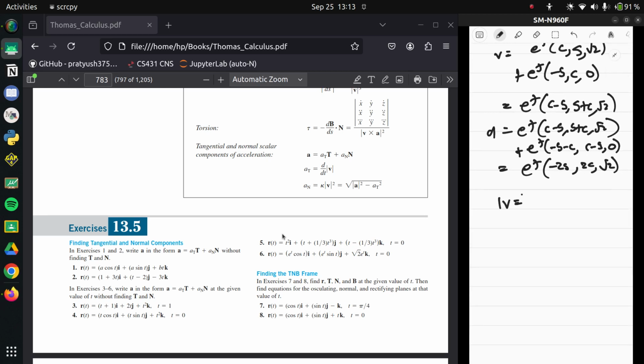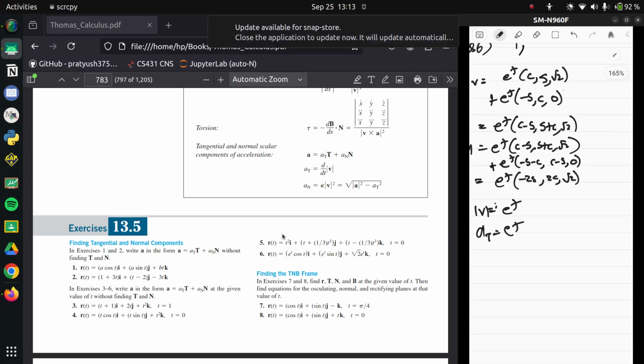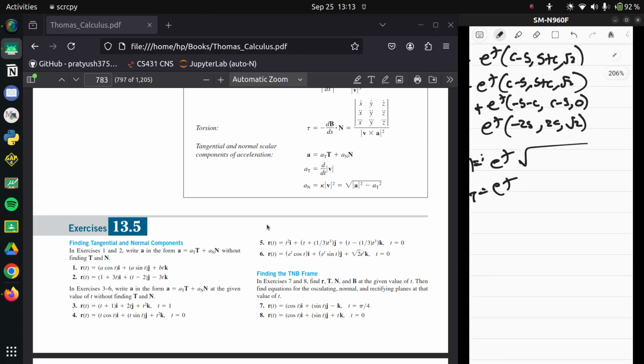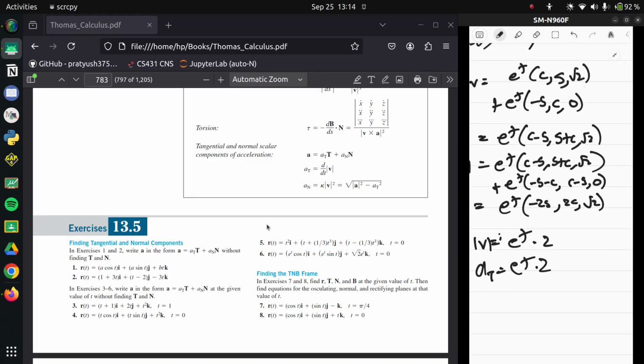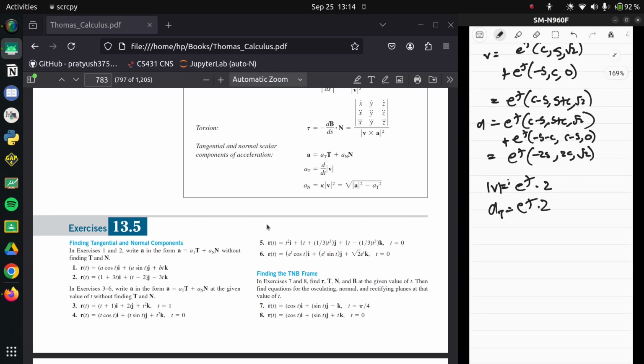Your magnitude of velocity is just equal to e power t, so your tangential acceleration is also just e power t, so that at t equal to 0 is just 1, and your normal acceleration is, so the velocity turns out to be, yeah, it's not just e power t. Wait, it's e power t times the square root of e power t squared, which is 2. 2 plus 2 is 4, so the square root of that is 2, so it's actually 2. Okay, 2 comma the normal acceleration will just be, the e power t is 1, sure,